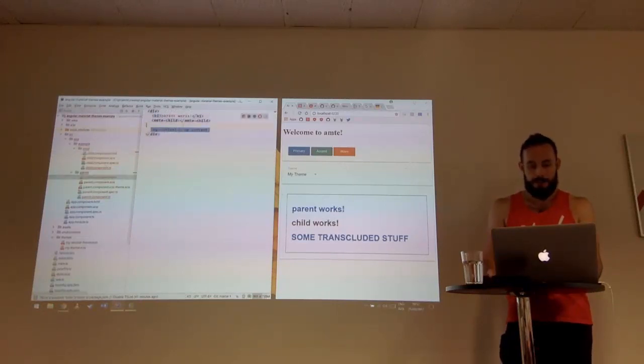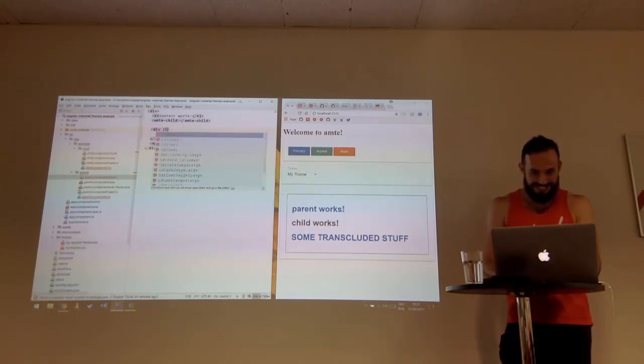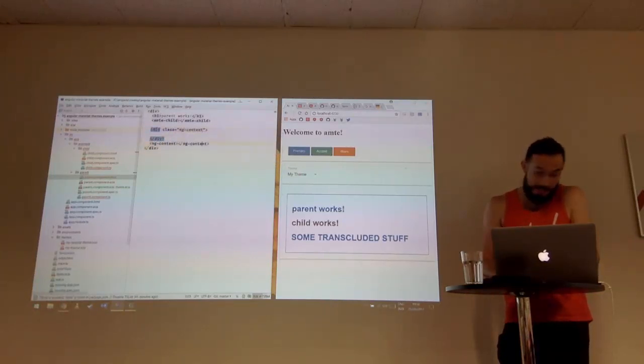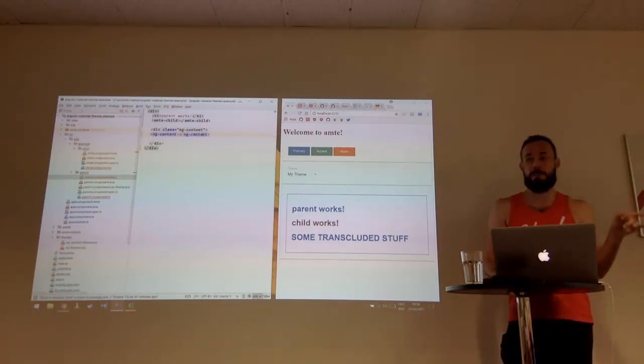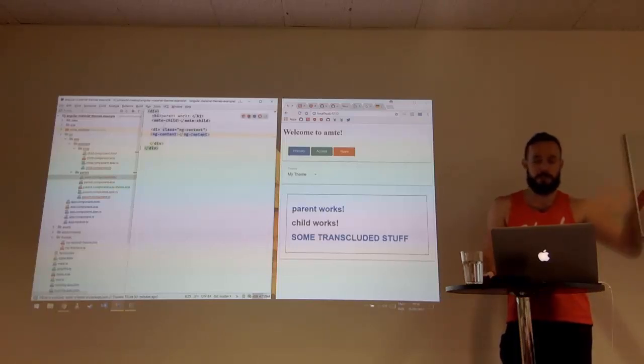It's not the nicest thing, but we can just do a wrapper div around the ng-content. It's not the best, but it's not the worst, because the ng-content itself actually gets removed from the DOM. So it's not double wrapping or anything like this. The DOM looks like there is just this h1, then there is this child, and there is another h1 which was transcluded. If you wrap it, then you break the specificity,